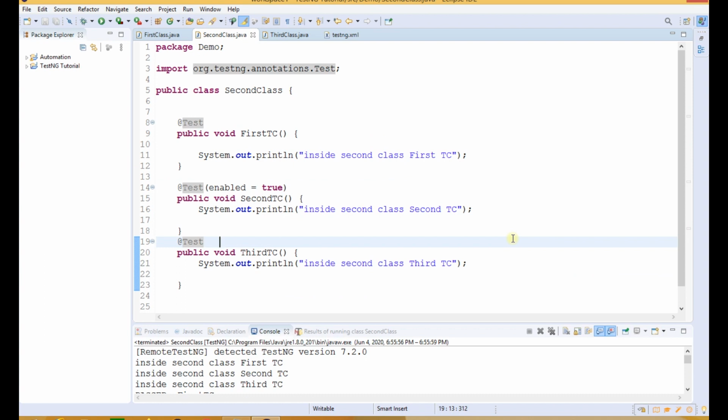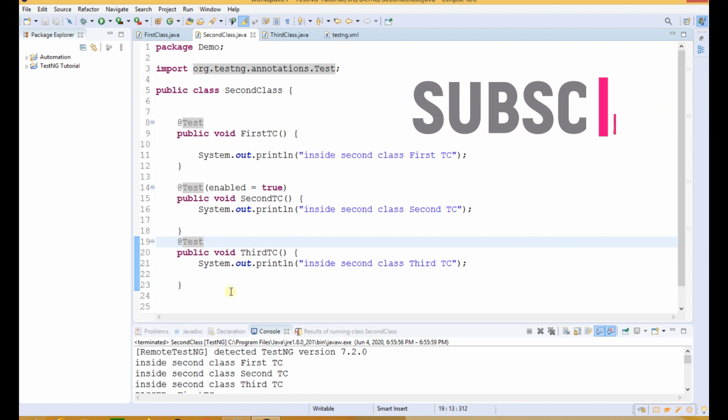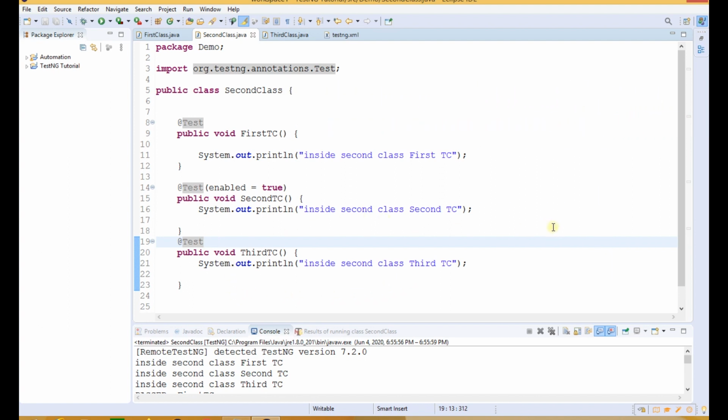So now let us see the next attribute, which is timeout. So in our second class, we are having three test cases: first test case, second test case and third test case. So let us assume that there is some functionality that is written in the third test case that takes more time in execution.